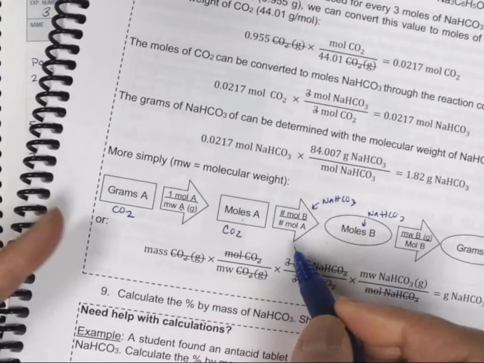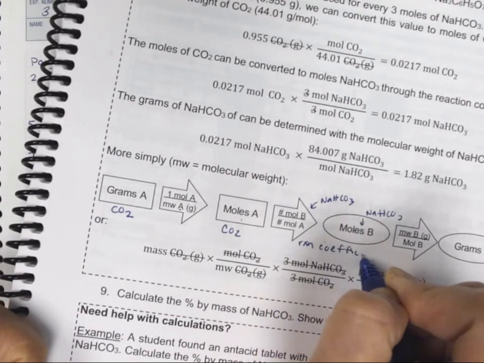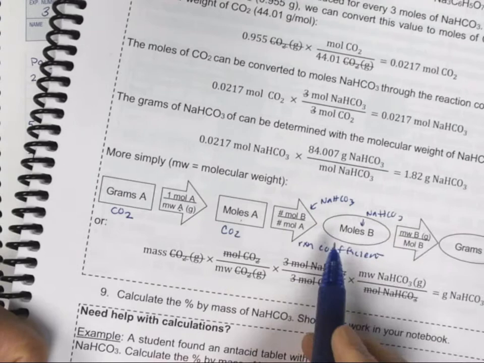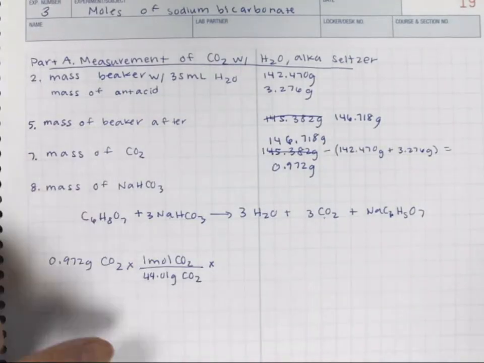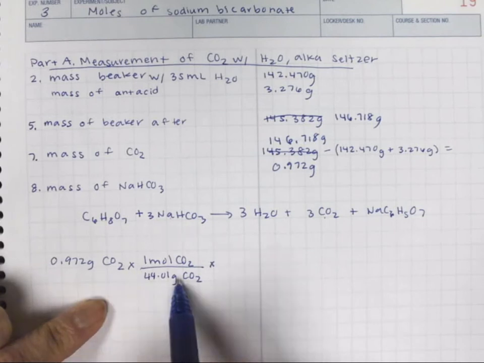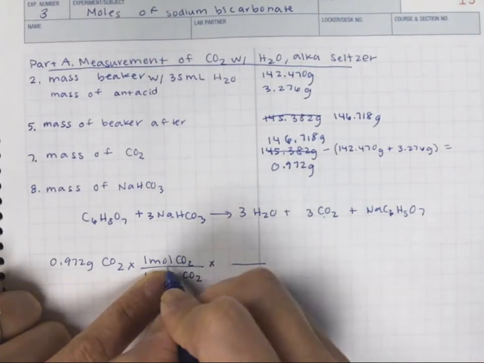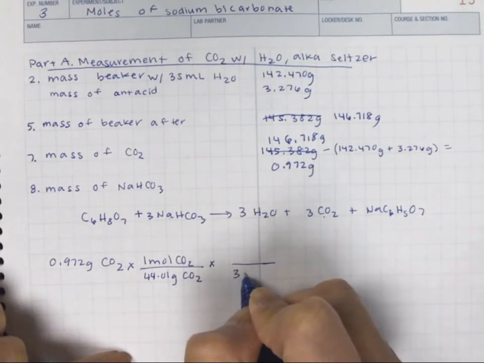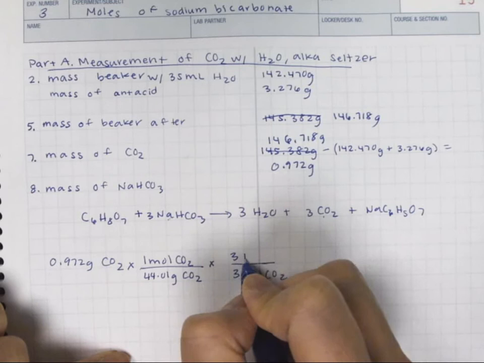So this right here is the reaction coefficient, moles of bicarbonate to moles of carbon dioxide. And I am also trying to get rid of the grams of carbon dioxide. So here I need to get rid of moles of CO2. So this would be 3 moles of CO2